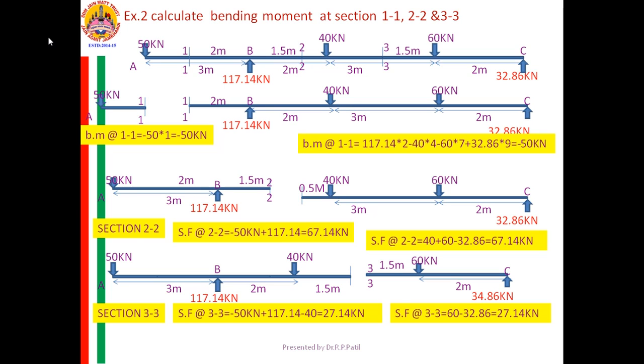If the structure is strong, it can offer the resistance. If the structure is weak, it cannot offer the resistance. When you want to design, you should know how much is the action coming on the member, how much is the resistance the member can offer. How much it can offer, it is dependent on its properties.